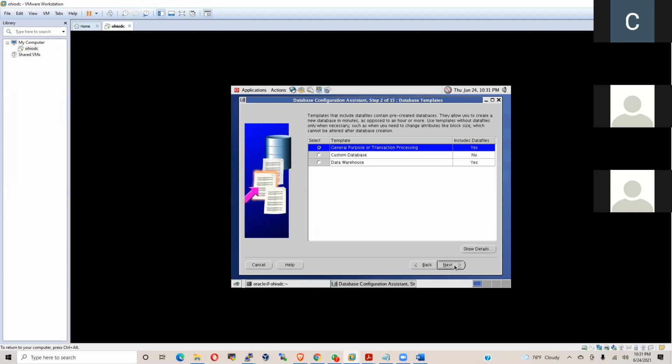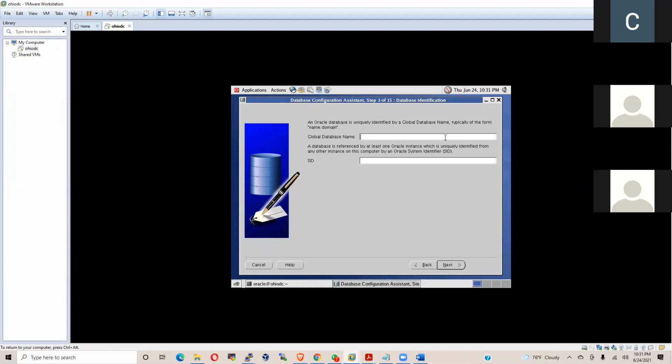Yes, just click next. Now it is asking you to write the database name. Which database do you want to create? Other than those two databases, you can give any database name you want. Okay, ICICI. Wait, one very important thing to talk about here: if your database name is more than 8 characters, your database will not be created. ICICI is 5 characters. The Oracle thumb rule is that the database name should not exceed 8 characters.